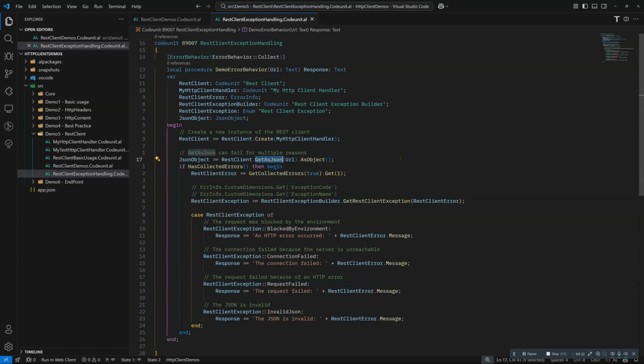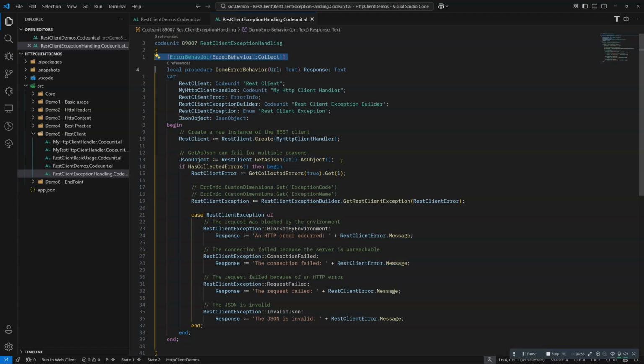Based on this line of code you see here, where you enable error collection, the REST client will throw a collectible error, yes or no, depending on this line. It detects if you are collecting errors,